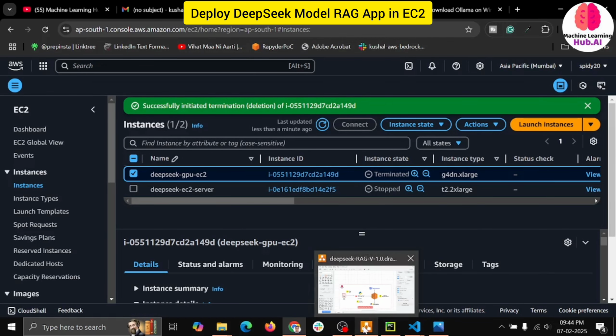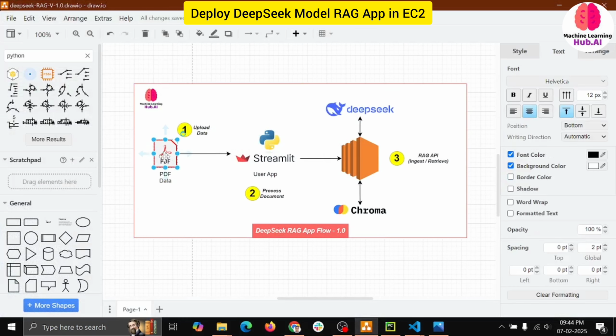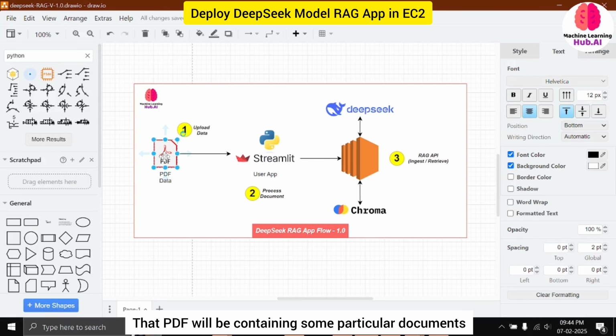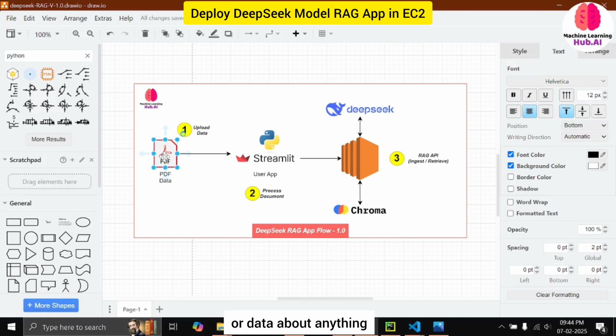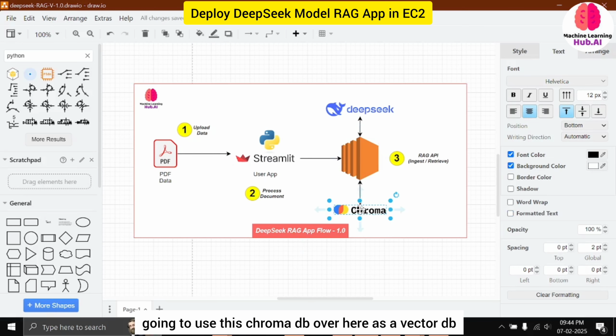So let's see the architecture that we are going to follow. We'll be following a simple architecture where a PDF will be ingested into the application. That PDF will contain some particular documents or data about anything. We are going to just take a sample PDF. So step 1 is uploading the PDF into step 2, which is the application, and that application is hosted on EC2. Now EC2 will be vectorizing those documents. We are going to use ChromaDB over here as a vector DB, and we are going to use